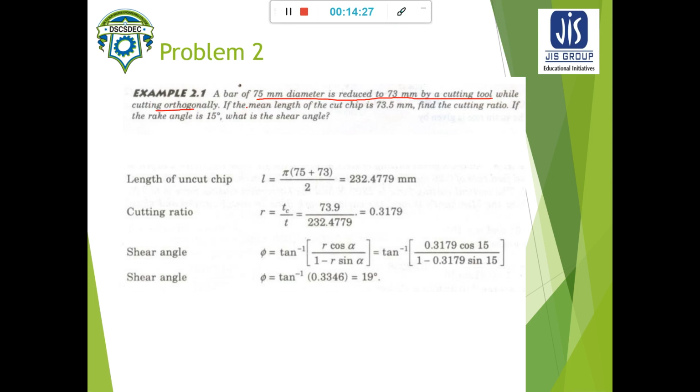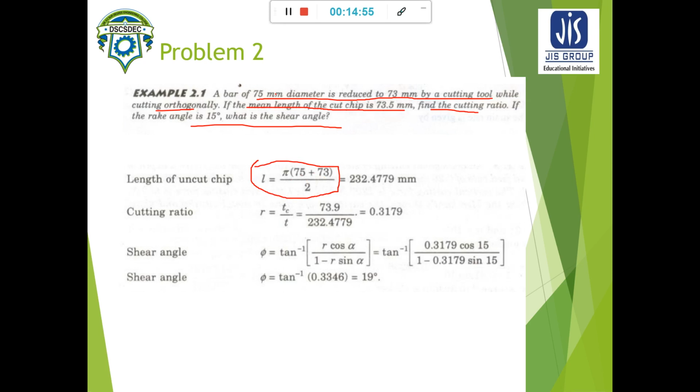If the mean length of the cut chip is 73.5 mm, find the cutting ratio. Take rake angle as 15 degree, and what is the shear plane angle? So the length of the uncut chip is given by this formula. L is equal to pi into 75 plus 73,